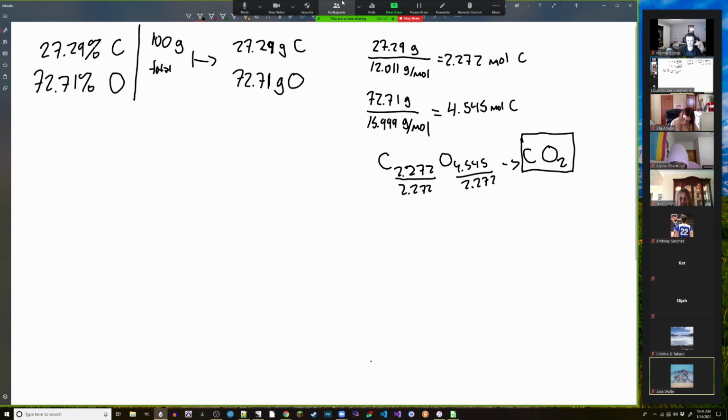Despite the fact that we know that CO2 is a real molecule, this is still just the empirical formula. Right? It could be C2O4, it could be C3O6, or so on, any of those. In order to get the real formula, which I'm actually pretty positive is CO2 in this case, they're talking about